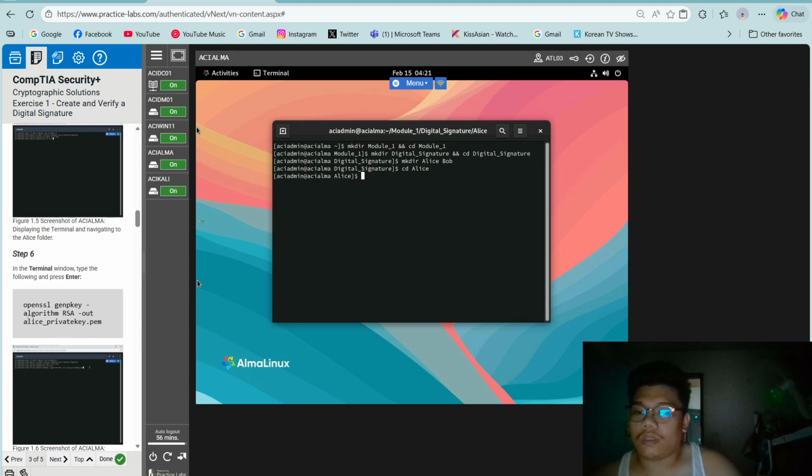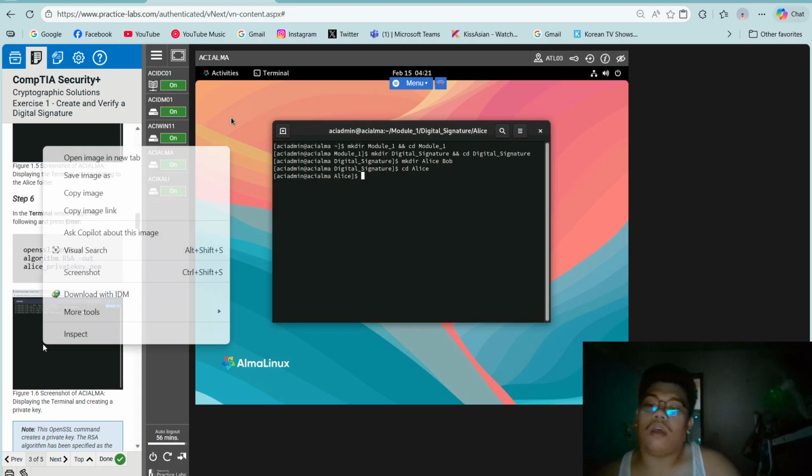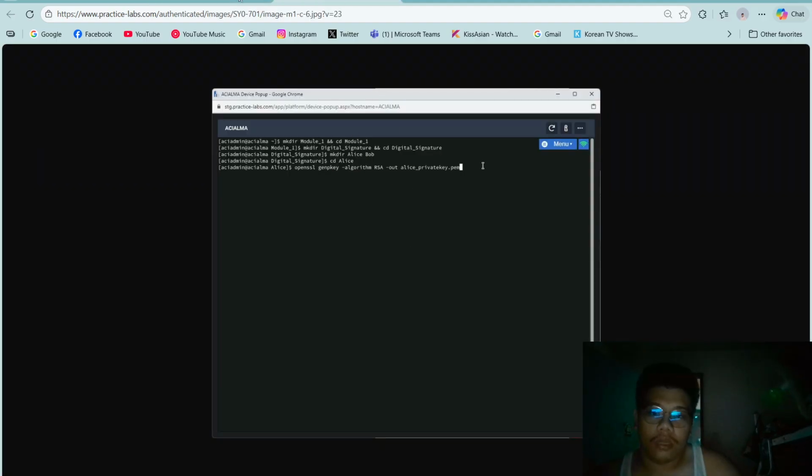Then step 6. So step 6 here. So if you're not sure how it will be typed, again, right click the picture and then open image in new tab so you will see here.